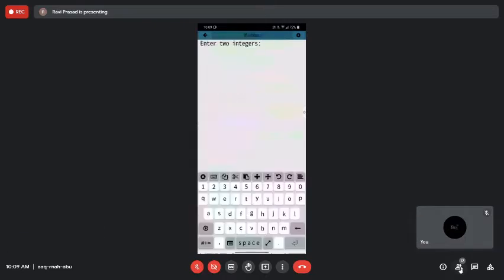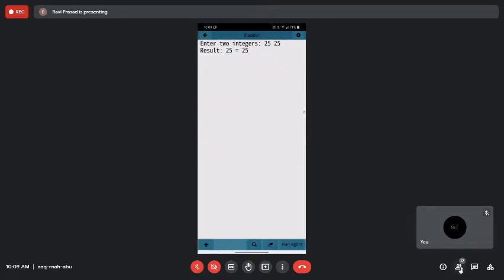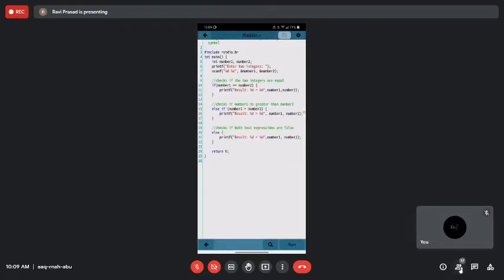If you run the program, say for example I have entered 25 and 25, the output will be result 25 is equal to 25. That means which block of the program has been executed? In this case